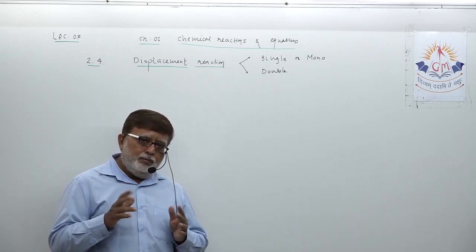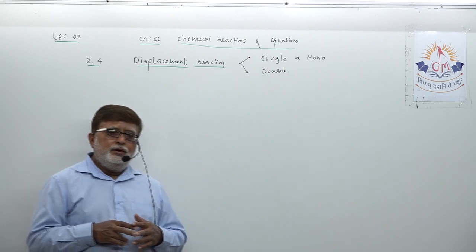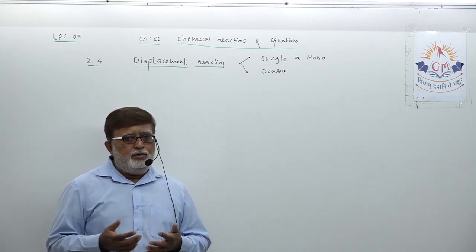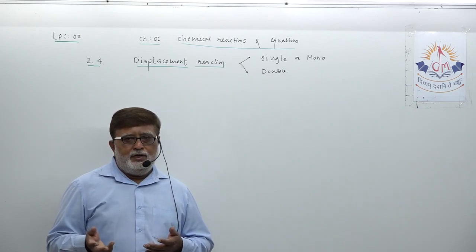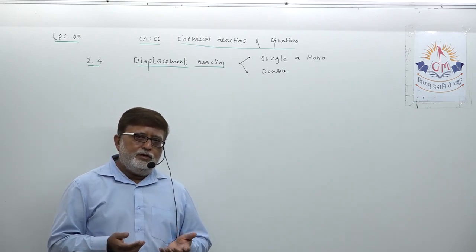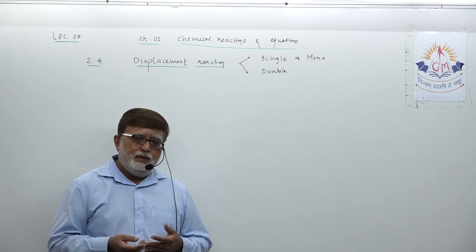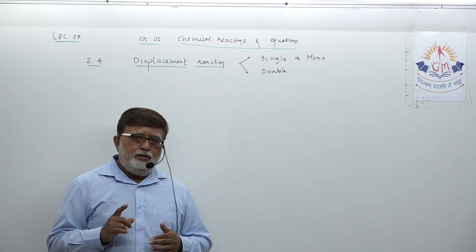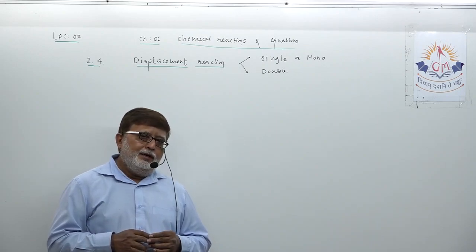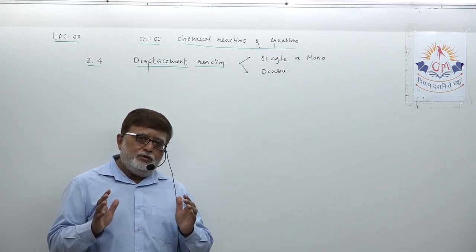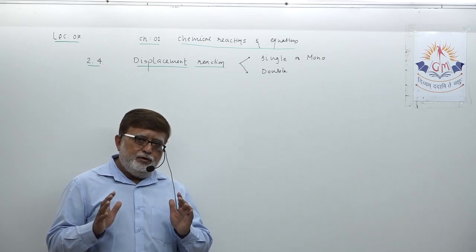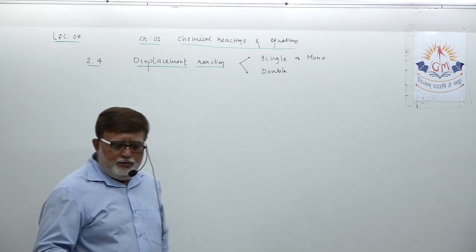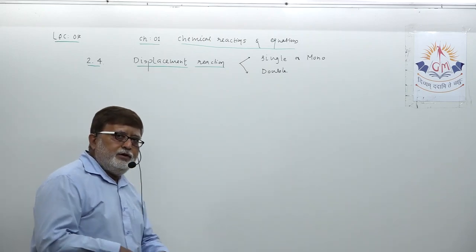So when you compare two metals, your common analysis is going to be that one metal is always more reactive than the other metal. Means some difference is always there in their reactivity, and because of the difference in reactivity of metals, displacement reaction takes place. Understand, dear students?